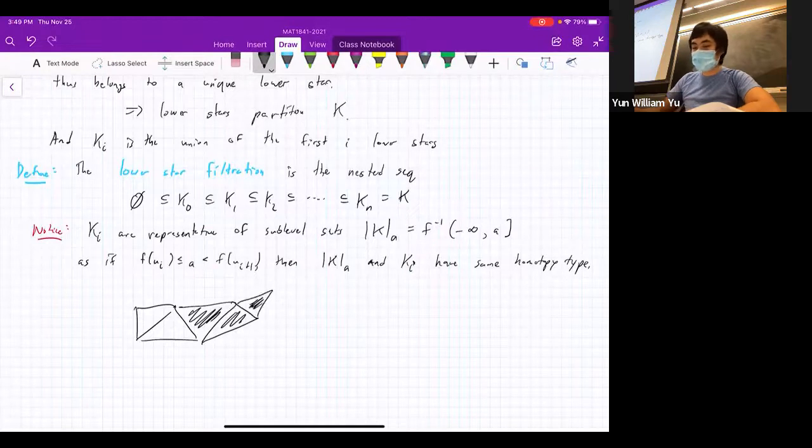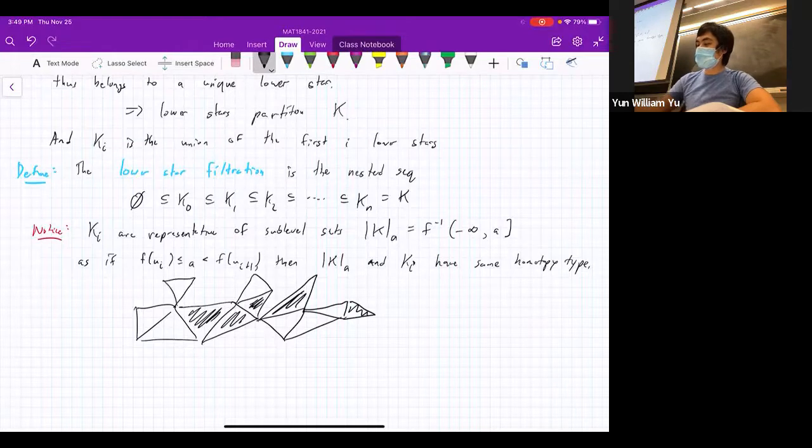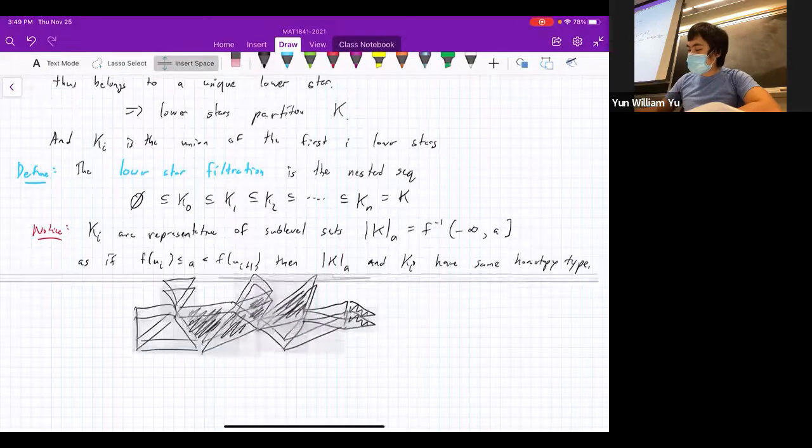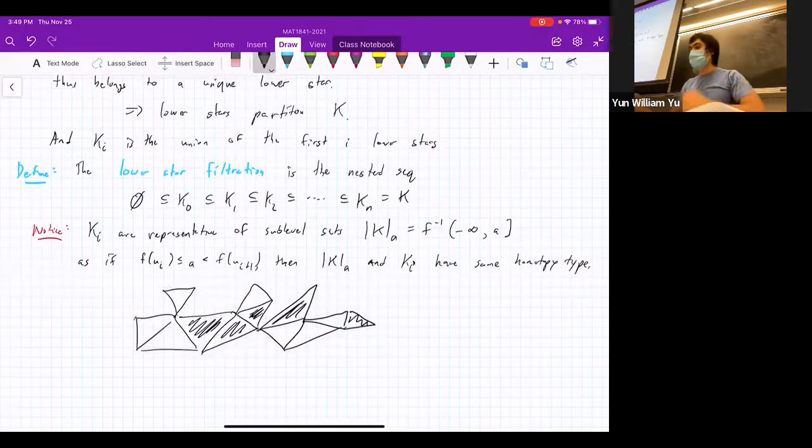Hopefully I'm drawing this generically enough, but I might have messed it up. And let's say I have this and that. Okay, so let me give me a little bit more space. Okay, so suppose we have some simplicial complex that looks like this, and we're looking at the sublevel sets underneath